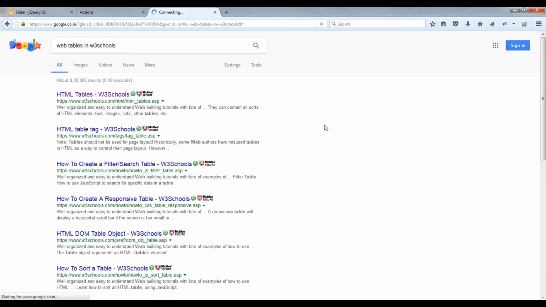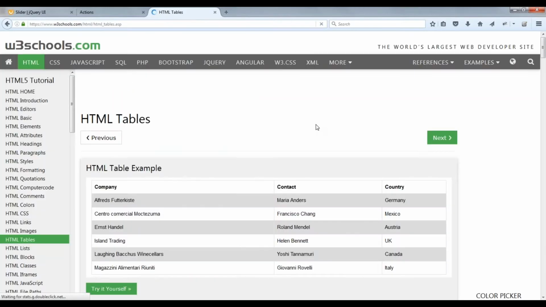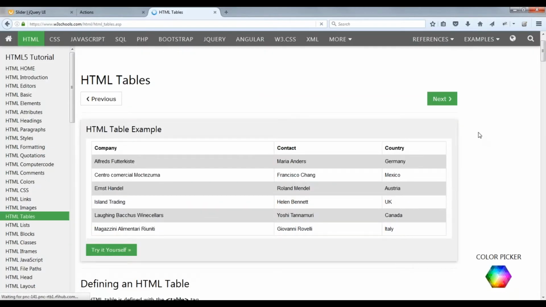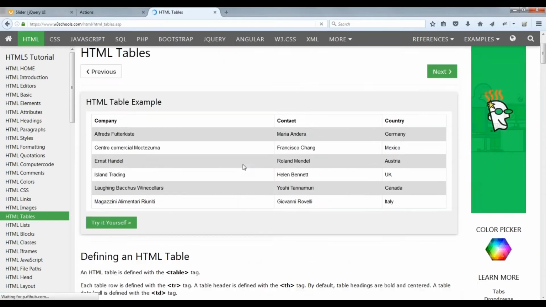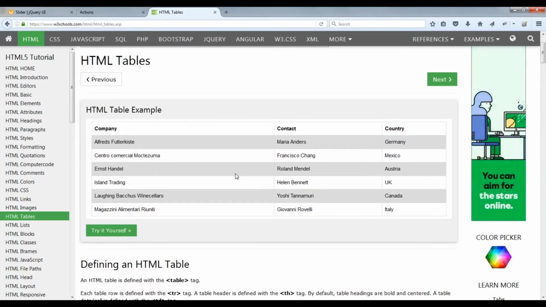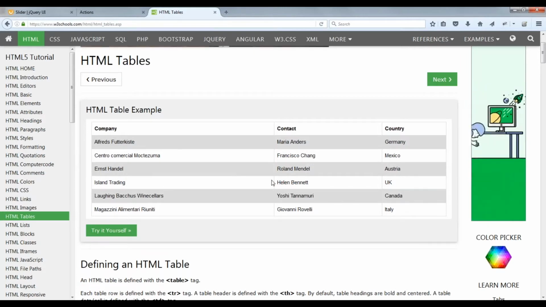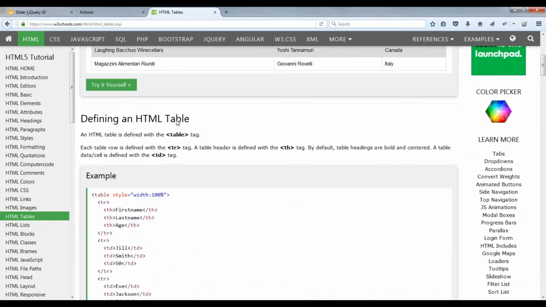So this is a simple example I am going to consider here. This is a web table. Okay, I have a web table here, and you consider any backend application or anything. If they want to display in tabular format, that is called a web table. So what is the structure of this web table?